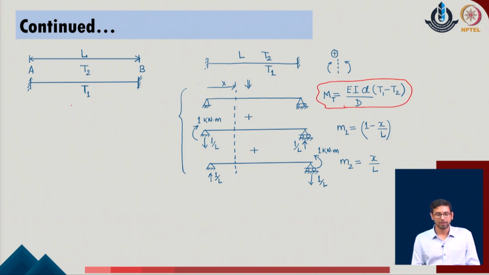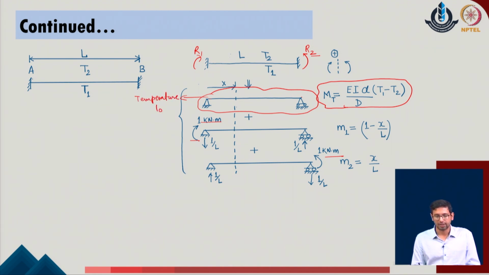Now, in a general case, if we have a loading in the given system, we consider the redundant problems in a simple manner: we can consider the two sets of reactions at the two ends as the redundants R1 and R2. With respect to these redundants, we can have three systems: one statically determinate system, a second system having the first redundant being 1 unit, and a third system having the second redundant being 1 unit. The first system should be considered with respect to the external load. As we do not have a direct load in this system, we will consider that it is subjected to the temperature loads of the given problem.